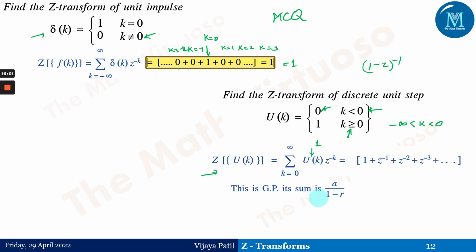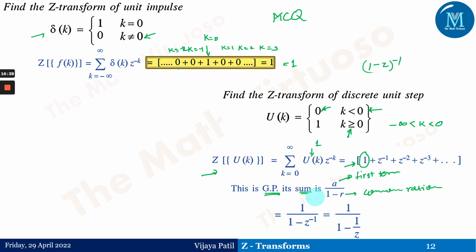What is another way to deal with this? We can say that this is a geometric progression series. If it is a geometric progression, we know what the sum of this series is. Sum is a upon 1 minus r, where a is the first term of the series and r is the common ratio. Now if you observe this series, the first term is 1 and the common ratio is 1 by z. Rest of the terms have the common ratio 1 by z,